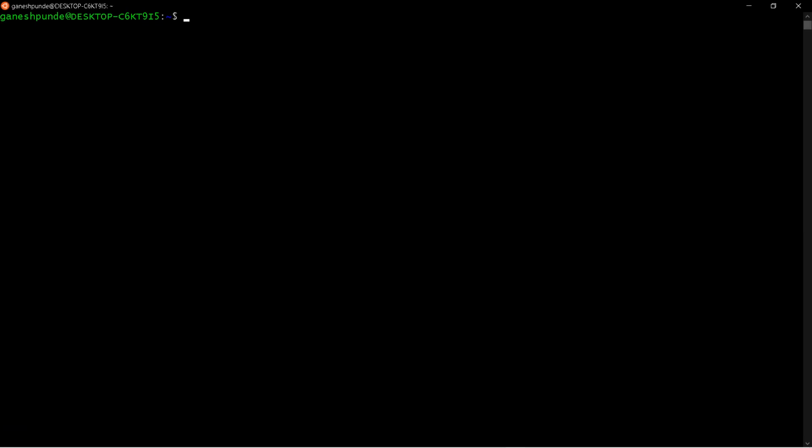So we saw head is used to view the first 10 lines. Then we saw it can be used to view n number of lines. It could be 20, 30, 50, 100, any number of lines. But in some cases, you want to see the first 10 characters or first 20 characters, right?